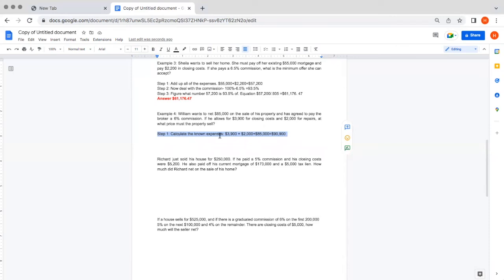So calculate the known expenses. When we read the problem, we know we got $3,900 in closing costs. We got another $2,000 for repairs. We got an $85,000 sale on the property. You got to account for that because he wants to net $85,000. So we know that we need to account for that 85,000. Those numbers equal $90,900, right? The next step is to